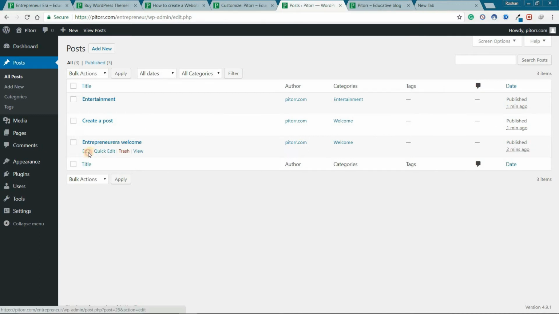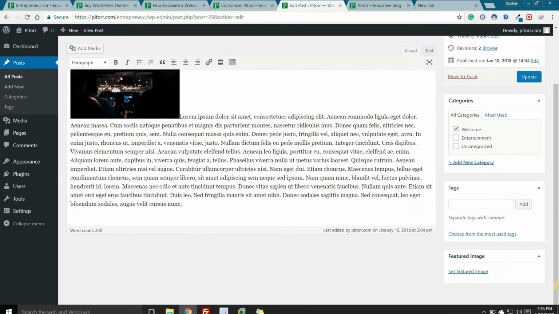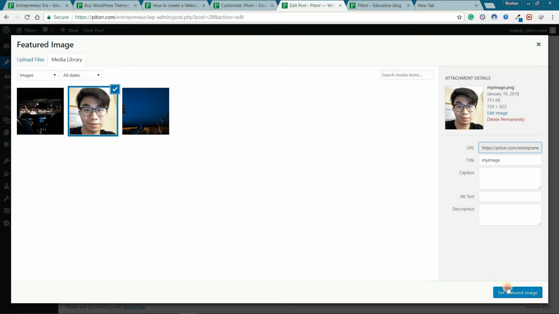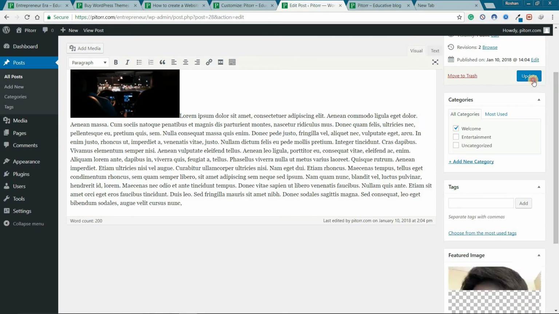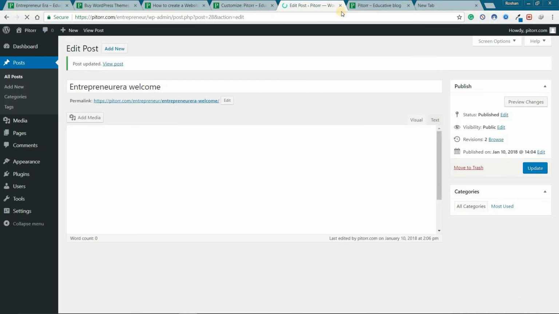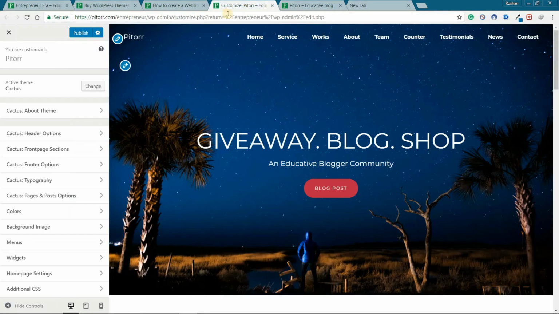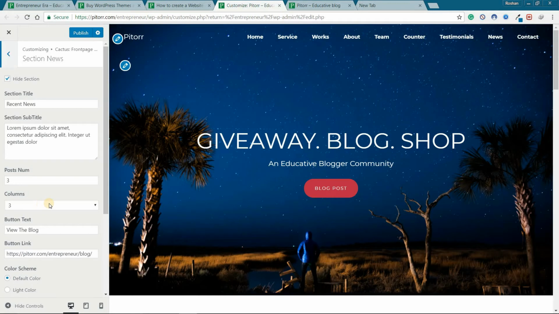Let's add images here. Okay, let's give the image of this one for demo purpose and just update it. So now it's done. We have created some random text. So now you need to go back to your customizing page and click on front page, click on news section,